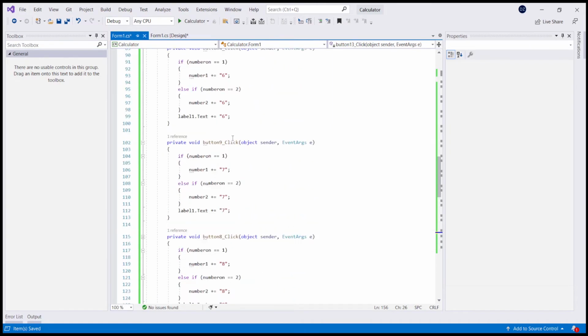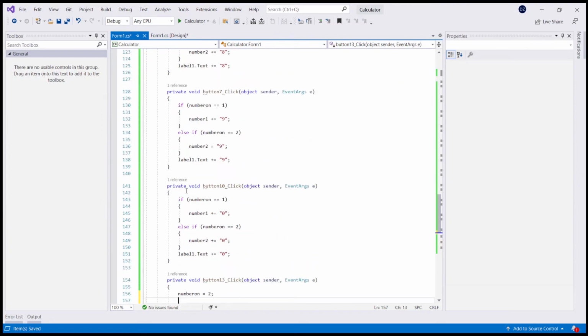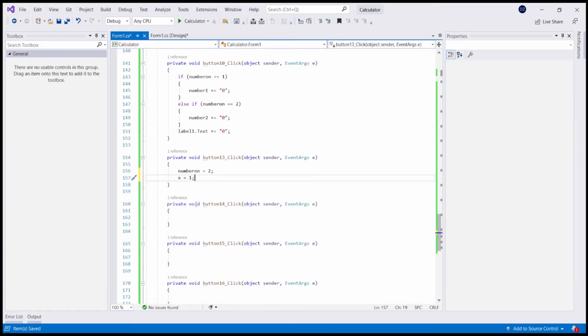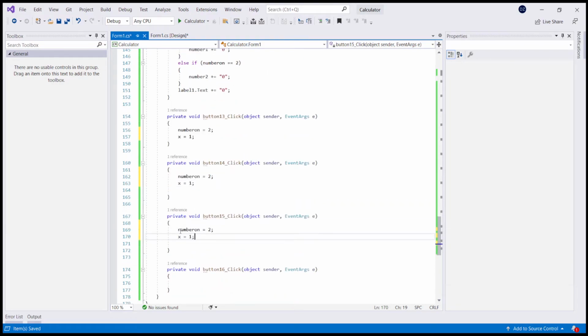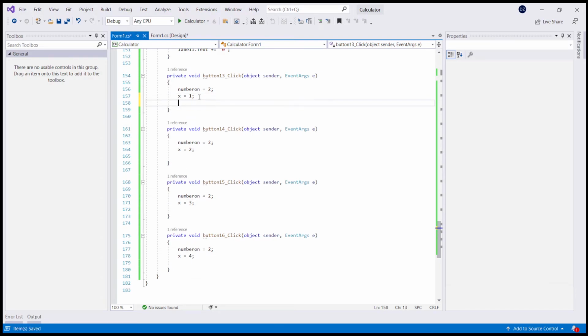Oh wait, I'm going to scroll up. I forgot the thing. X, right? X equals 1. All right, now let's just copy that. Paste, paste, paste. Okay, x equals 2, 3, and 4, and then label1 dot text